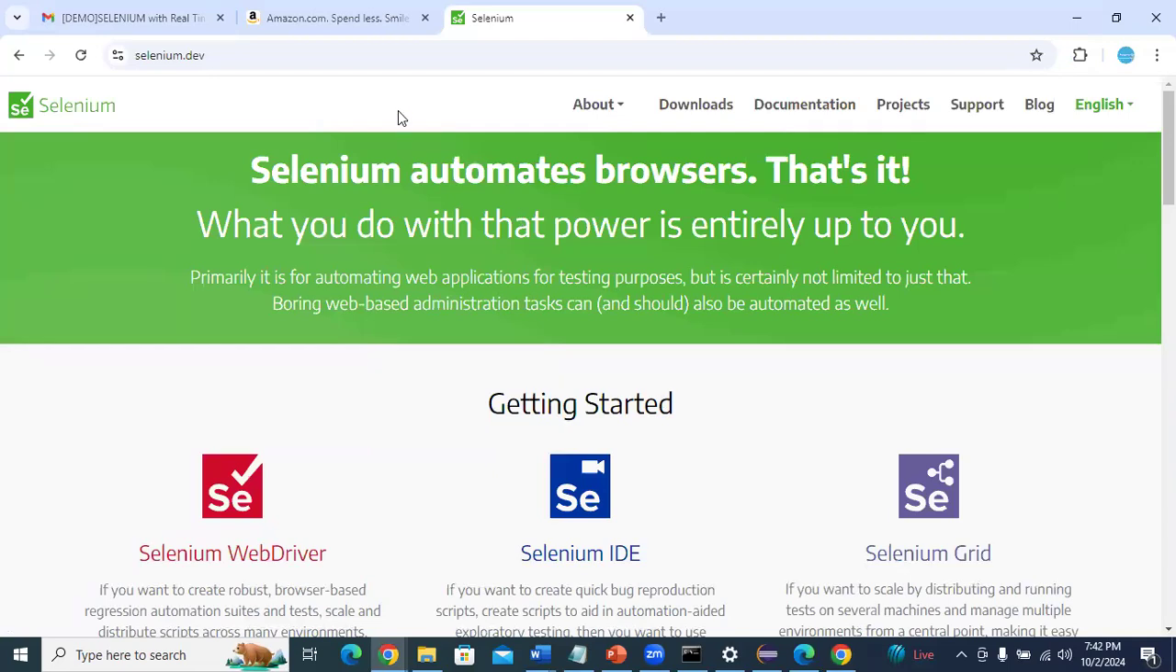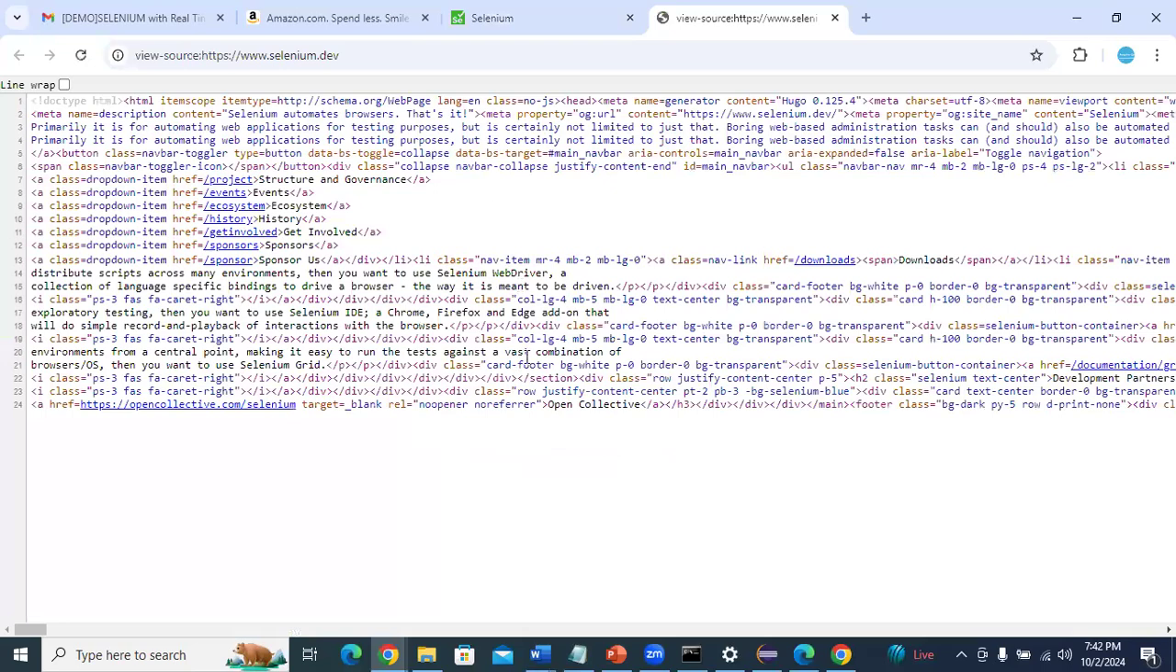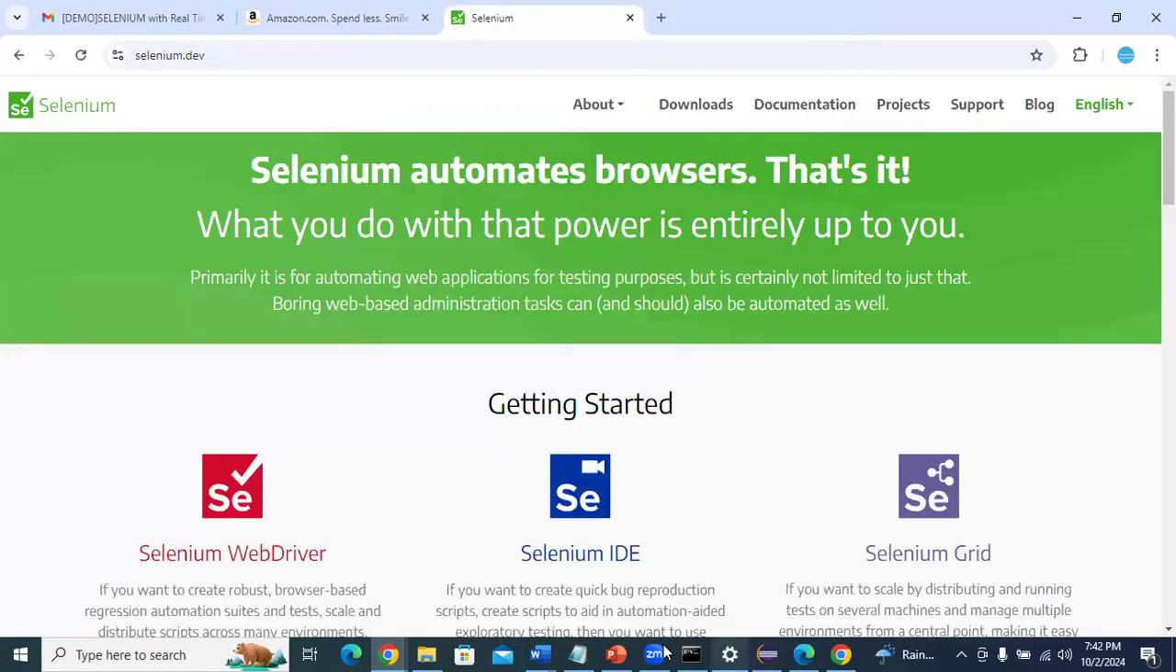Now, page view source. If you observe, right click, see, view page source. This content I want to print. How do we get this? We already have that command. What is that command? Simply